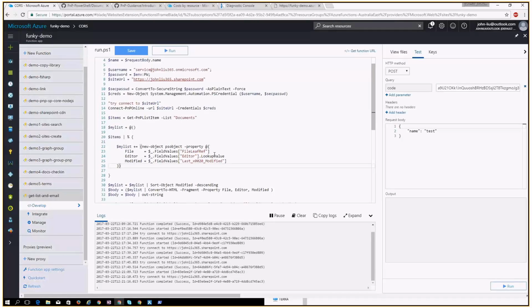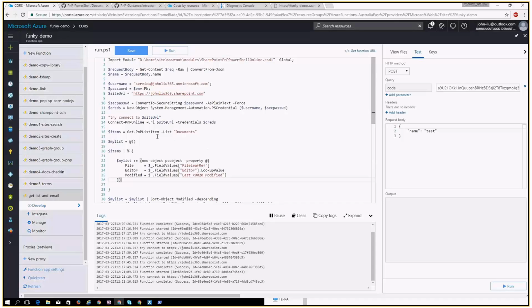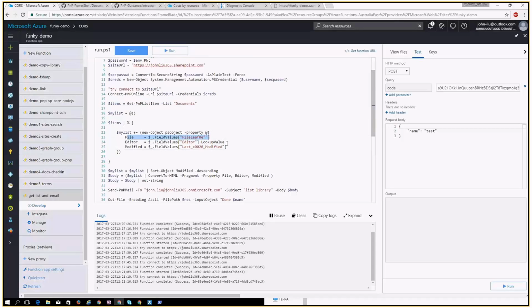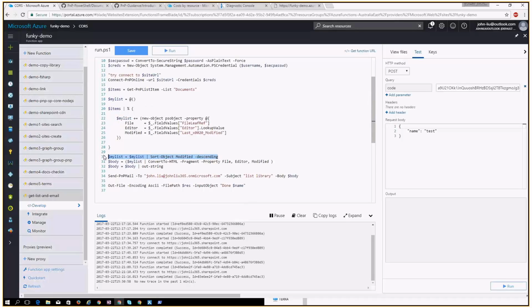So in the old workflow days, we would think, okay, we need a workflow that will run every Sunday, then loop through each item in a list, and then do some sort of logic to concatenate the string. In PowerShell, I think it's just a lot easier. Again, connecting to the site, here I'm just getting a list of documents. I'm after the file name, the person that changed it, and the day that it was changed, adding it to a PowerShell array. Then I'm sorting by the modified time,